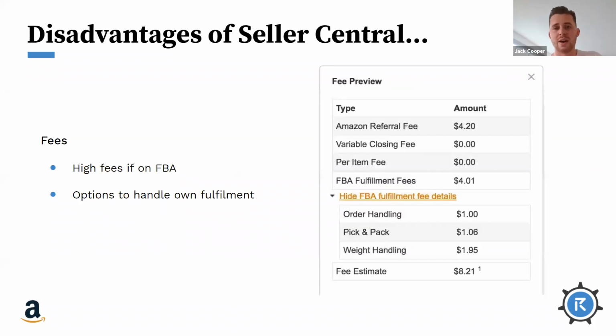Finally, the fees. Amazon will always try and take money where they can from having an open account, but also they will take a percentage on every sale. So without going into too much detail, you're looking at about 15% of your recommended retail price, including VAT, for the referral fee when on Seller Central. Now, other costs will depend on how you fulfill your product.